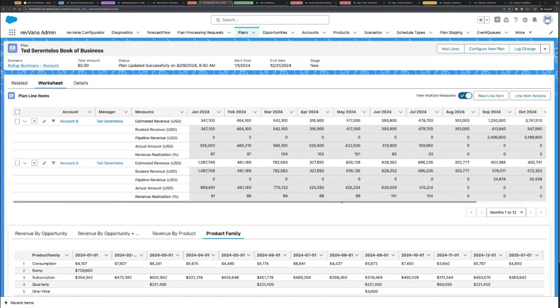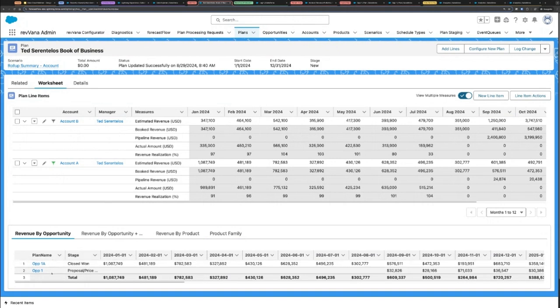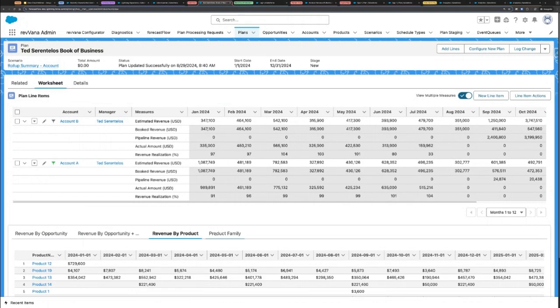And doing this from bottoms up is also going to allow us to do better analysis. So, for example, if you're looking at a particular account, you could easily look at all the opportunities that are rolling up into those numbers, open, close. You can look at other views of this. Like if you don't want to look at opportunity by opportunity, you can break it up by products. So all the products that are contributing to these numbers, here's your forecast. And we can do that because we have generated this at the bottom level.